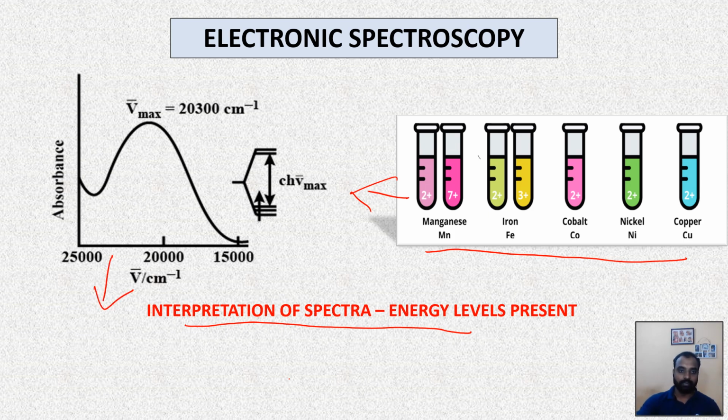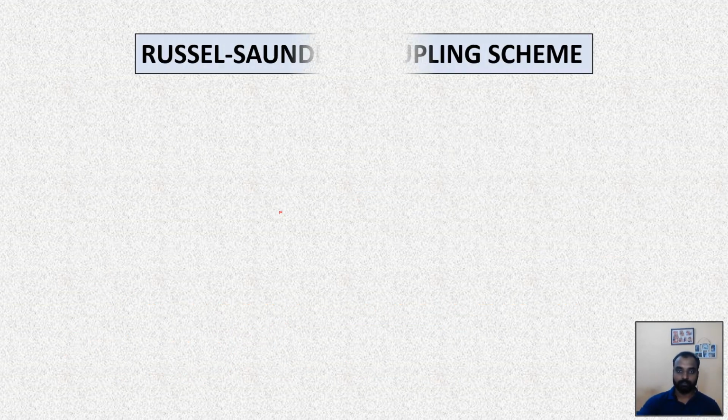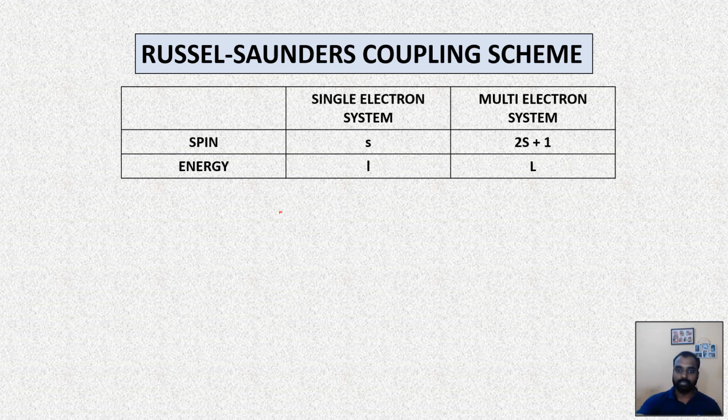Usually, the UV-visible spectrum is recorded from 200 nanometers to 800 nanometers, and in terms of wave number, it is 12,500 cm⁻¹ to 50,000 cm⁻¹. In a multi-electron system, many energy levels exist which are not seen in a single electron system,